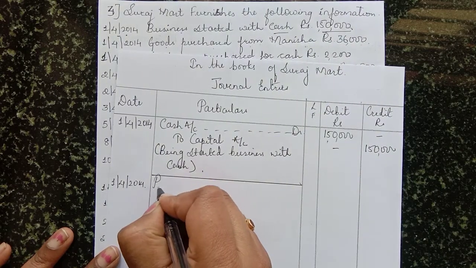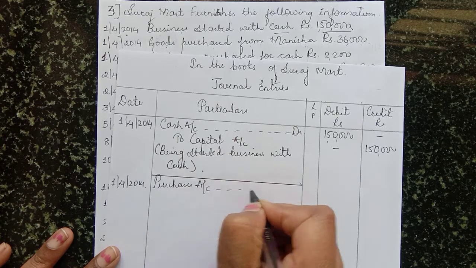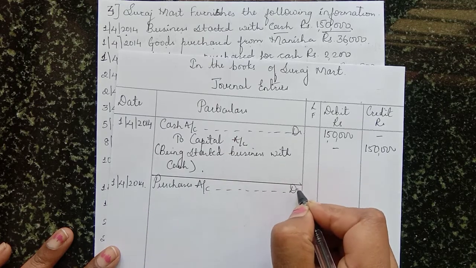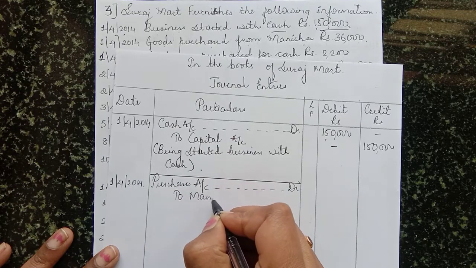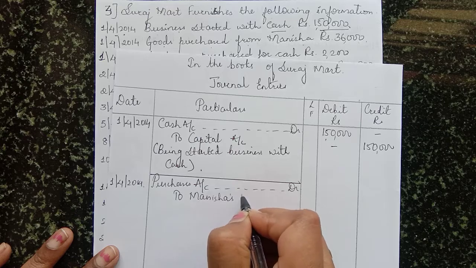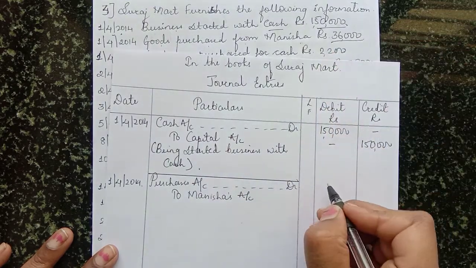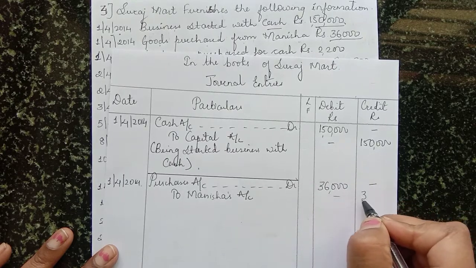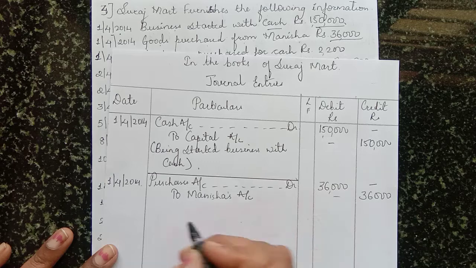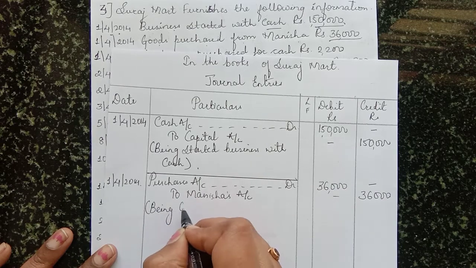Purchases account debit to Manisha's account, right? Amount is how much? 36,000. Debit amount 36,000, credit amount 36,000. So write the narration. Being goods